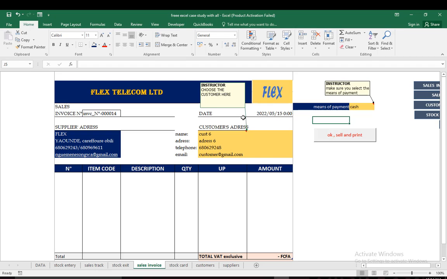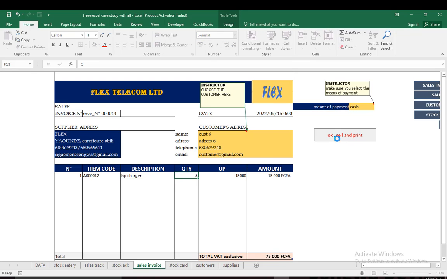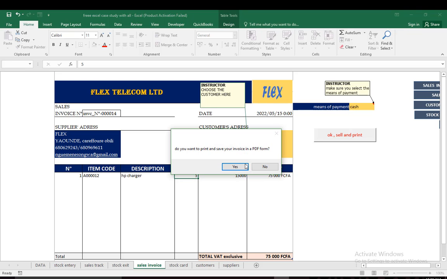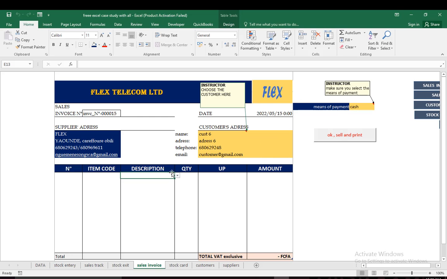We're going to use VBA code to automate an invoice in such a way that when you select, for example, the product and you put, for example, quantity, you click on a button, it is going to carry the information from this invoice to another worksheet and even print it in a PDF where you can actually send it to your customer in the form of an invoice, and automatically it will allow your